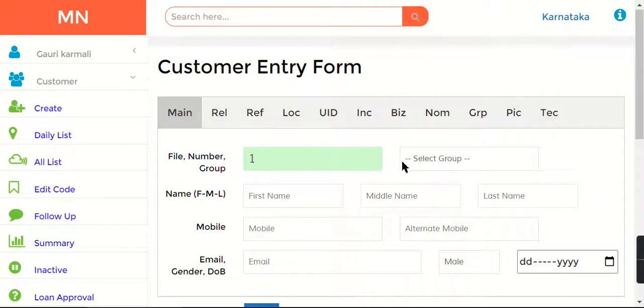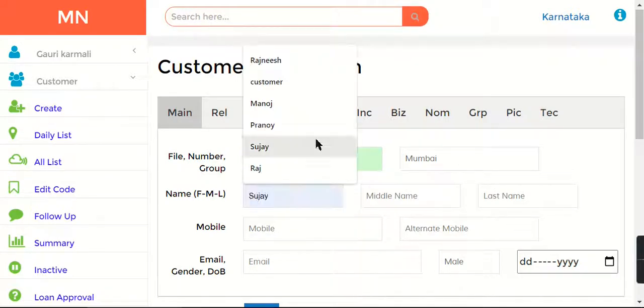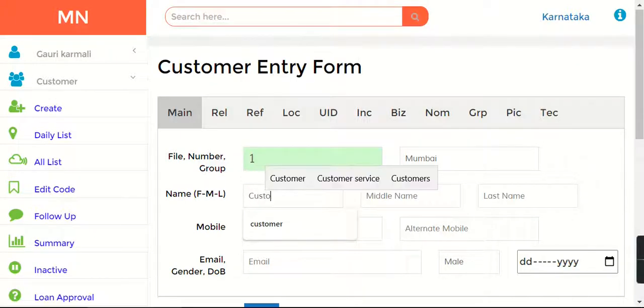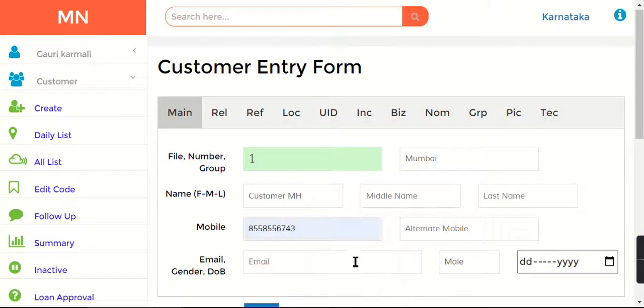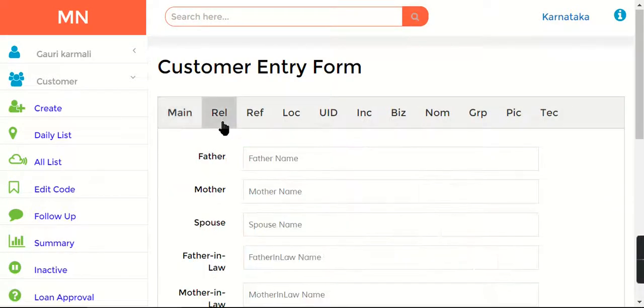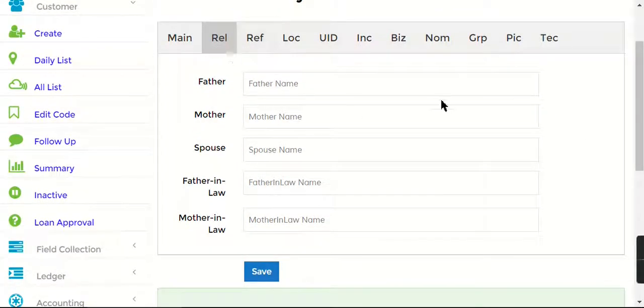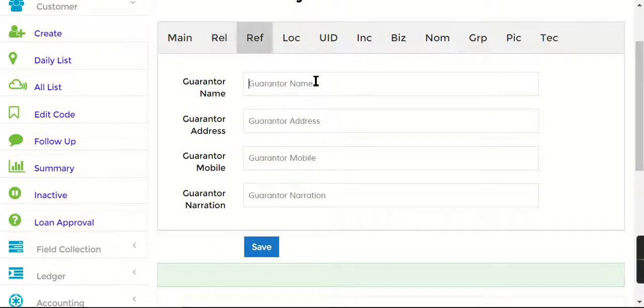So here, when you're creating the customer, you need to select the group first. Say I'm creating a customer in Maharashtra and I'm selecting Mumbai group. Okay, so let me name the customer as customer Maharashtra. Okay, you can add a mobile number, email. In relation, there is father's name, mother's name, spouse name, father-in-law. So this is the relation of the customer. Okay, now in reference you can add guarantor name, that is